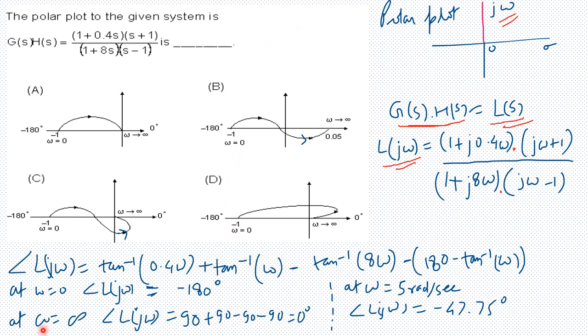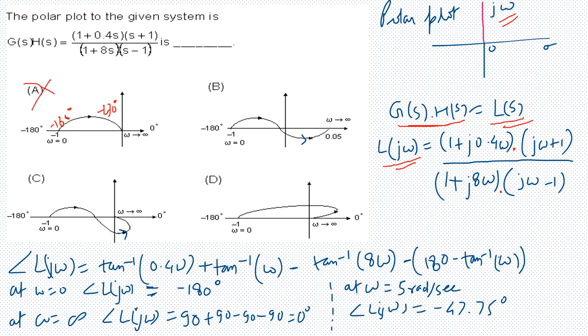Now at omega equals infinity, we again find the angle. Tan inverse of infinity is 90 degrees. These two will contribute 90 degrees each, this will contribute minus 90 degrees, and the last one again will contribute minus 90 degrees, so it should end at 0 degrees. Now you can see that the first plot starts at minus 180 degrees, but it is going to 90 degrees, or minus 270 degrees, so the ending point is minus 270 degrees,